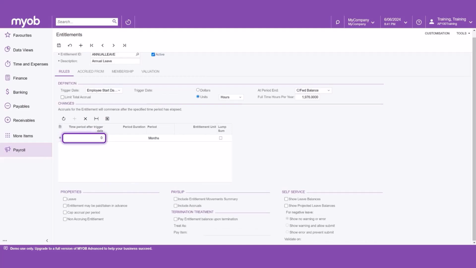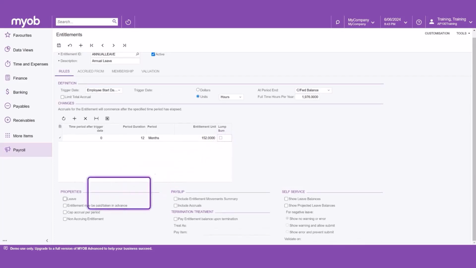The period duration is 12, and the period is defined as months. The entitlement is 152 units or hours over the 12-month period. If this entitlement is to be accrued only at the end of the period, then tick the checkbox for lump sum. Without the lump sum box ticked, the entitlement will pro-rata the accrual over each pay.